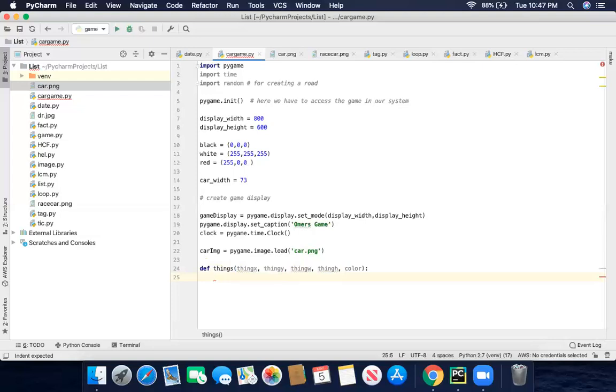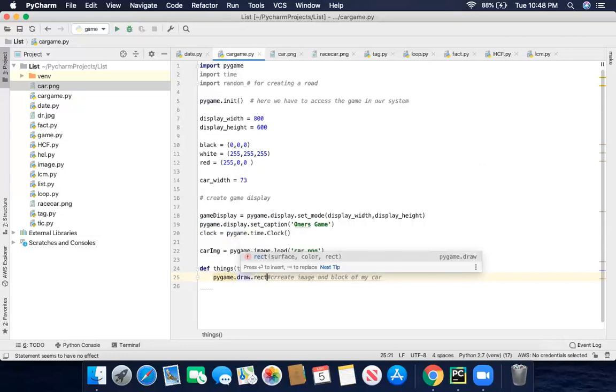Now I'm going to make the image of my car and the block with this function. I'm going to create image and block of my car. So here we have pygame.draw.rect. Now I have the game display, and in it,